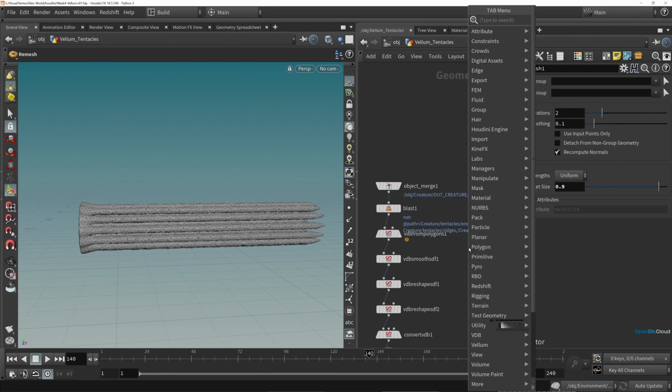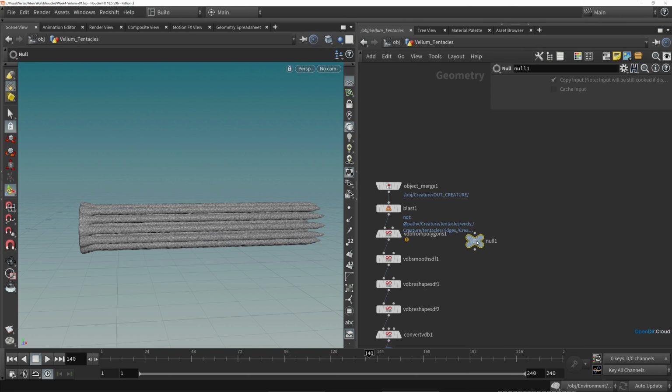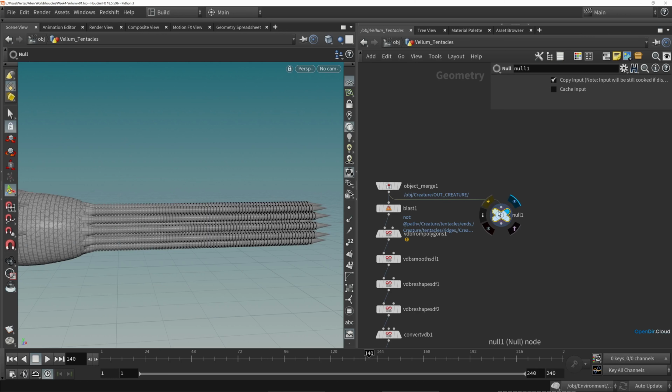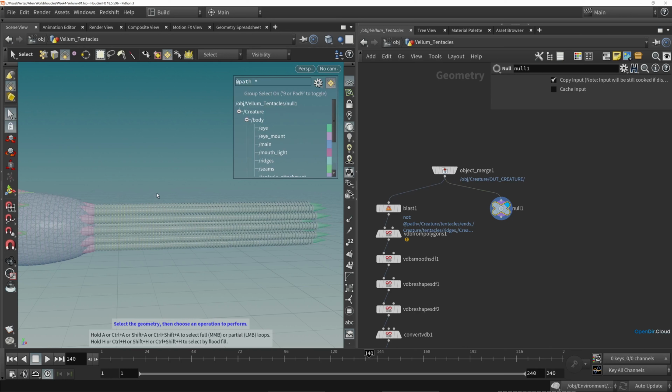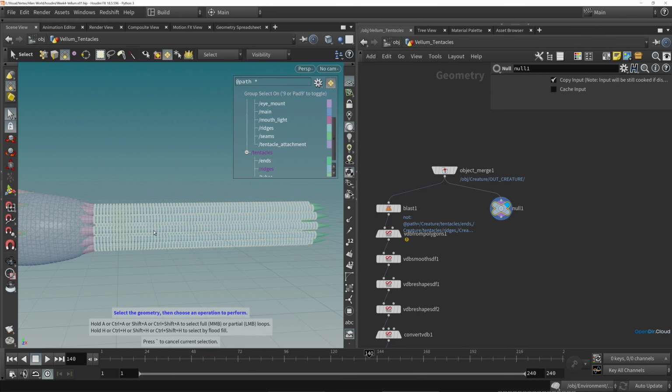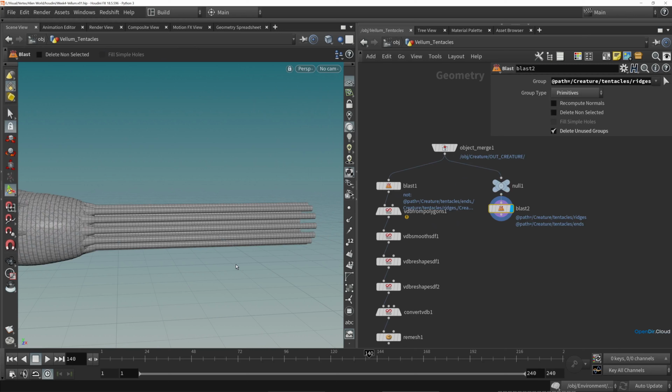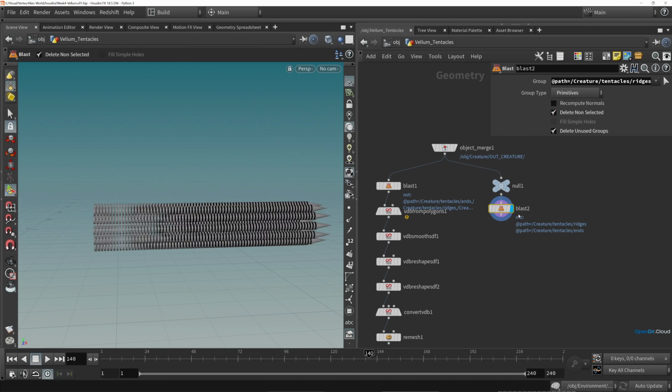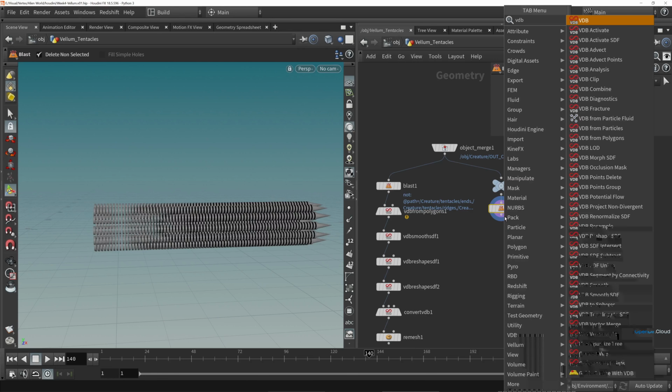Let's perhaps do another selection from our original creature rest pose here. So I'll display that once again, this object merged directly. And I'll do another selection based on the path attribute and select just the ridges here. And I suppose we could also grab the ends as well and hit delete once again to do a blast on those pieces, flip it to non-selected,